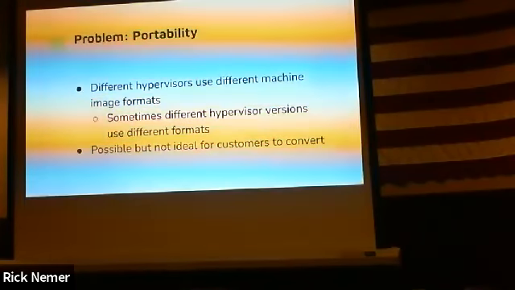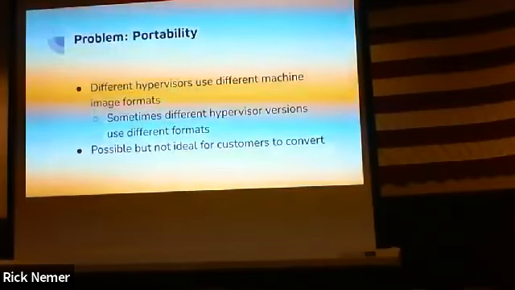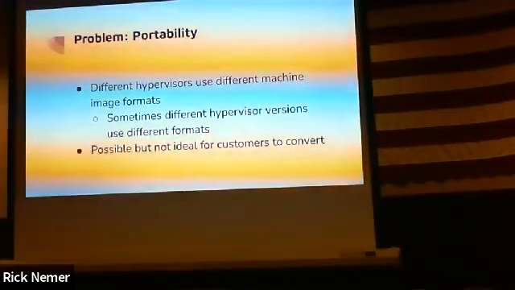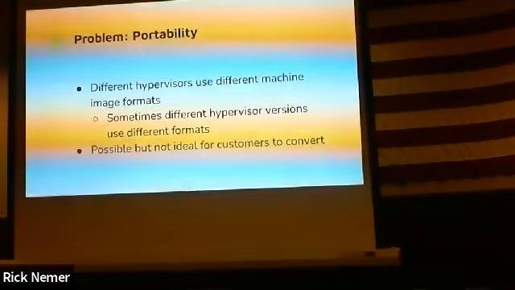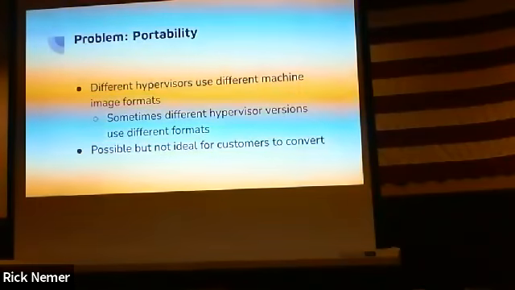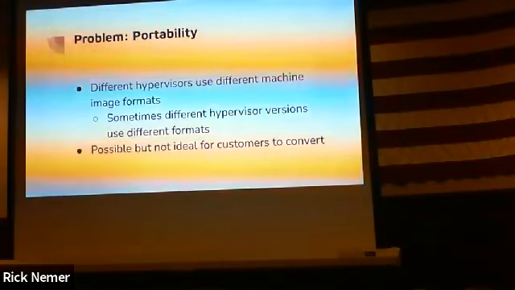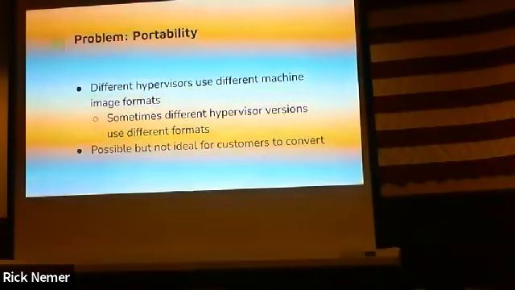And there are also problems even within versions of the same hypervisor. So another example at work. There's a format for Hyper-V on virtual hard disks called VHD. That's the old one. The new one's called VHDX, kind of like DOC and DOCX for the Word docs. So if we have legacy VMs, they can run on either old or new hosts. But if we have something running on a new host, we want to export to an old host, it doesn't work quite like that. The old versions cannot read DOCX, and they can't read VHDX either.